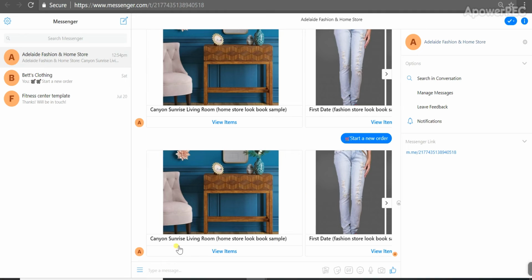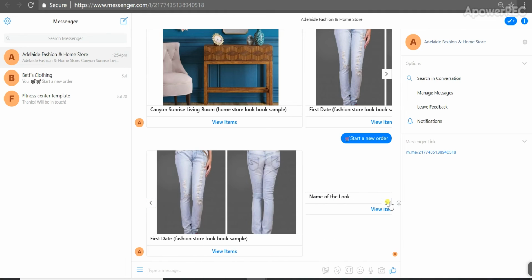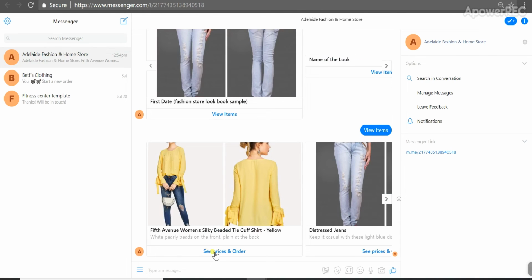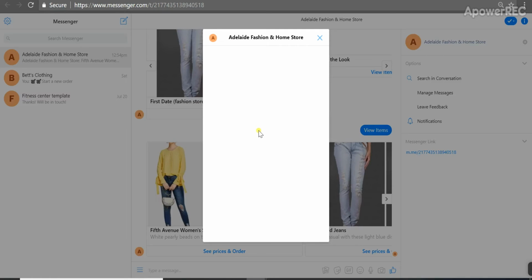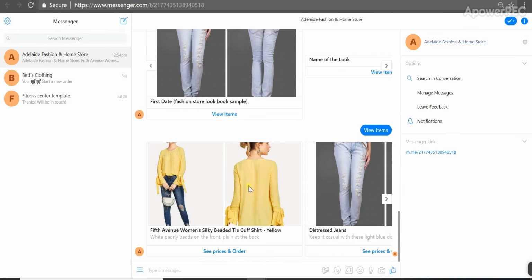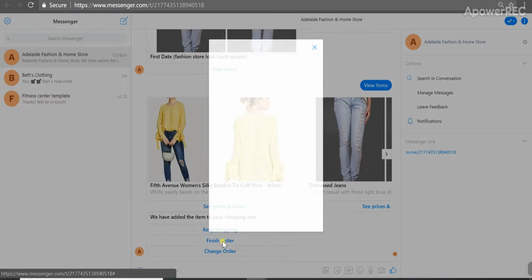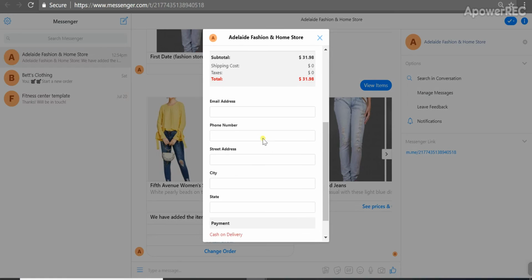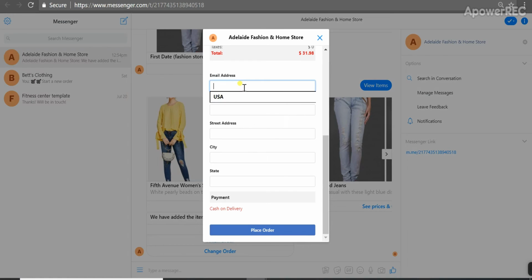Okay, so here we are. Let's take a look. We'll go ahead and order something from the first state. Okay, I'm going to go ahead and order myself a beaded shirt. Let's go ahead and buy medium size. Finish order. And $31. Wow. Okay, I'm going to put my address,